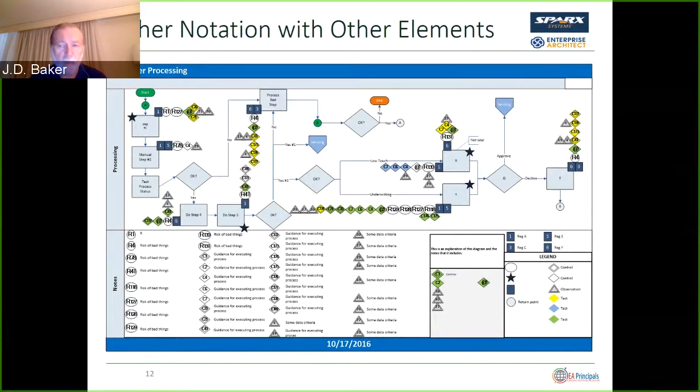And it's even difficult in some cases to tell exactly which element was being attached, or what other elements, triangles and squares and what have you, were actually being attached to which business process elements, etc. And trying to follow the process flow through this was somewhat challenging. So take those three different